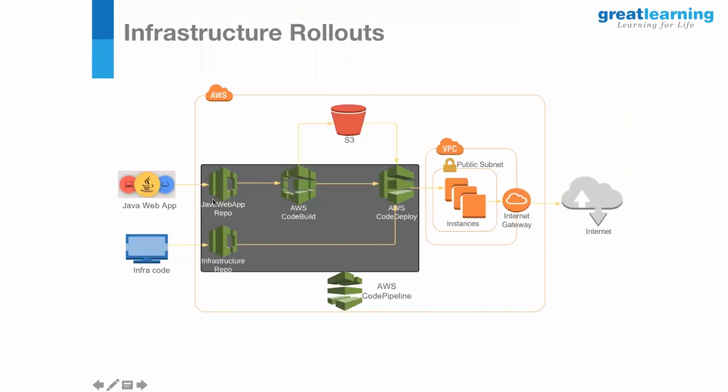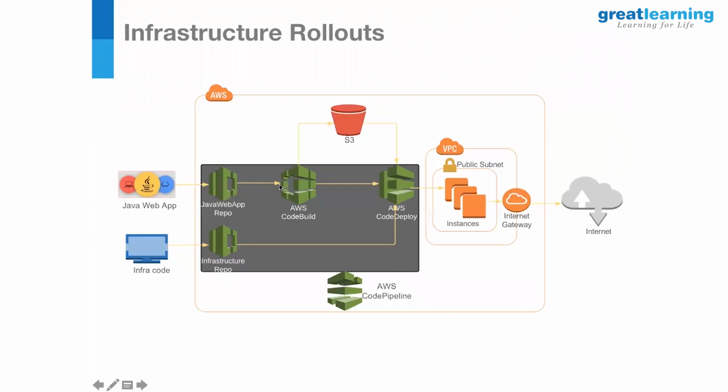So I have 2 repos, as I said, and we saw that the action will pull source code from only one revision. So I have to add 2 actions here. One is to get the source code from the Java repo, and the other one is getting the source code for your CloudFormation template here. And this CloudFormation template may not have any action in the build stage, so I'm just moving on.